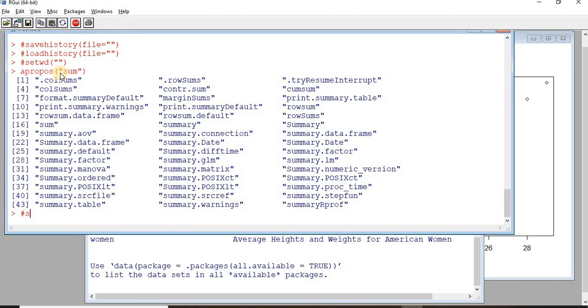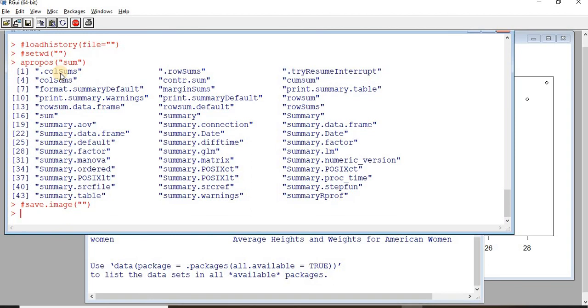Now there is a function save.image. Again, this can also be used in order to save the current workspace, which is your variables. So either you can use the save workspace, or you can also use this save.image function to save your workspace data, which is the objects that you have created.